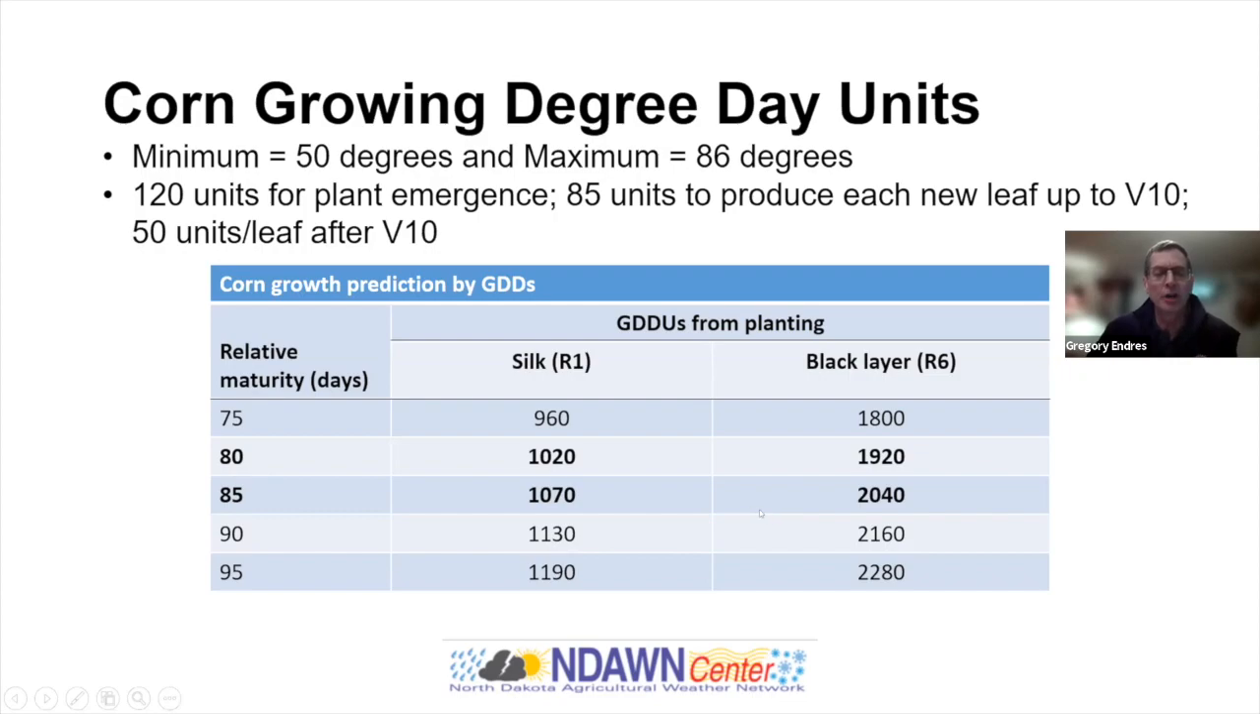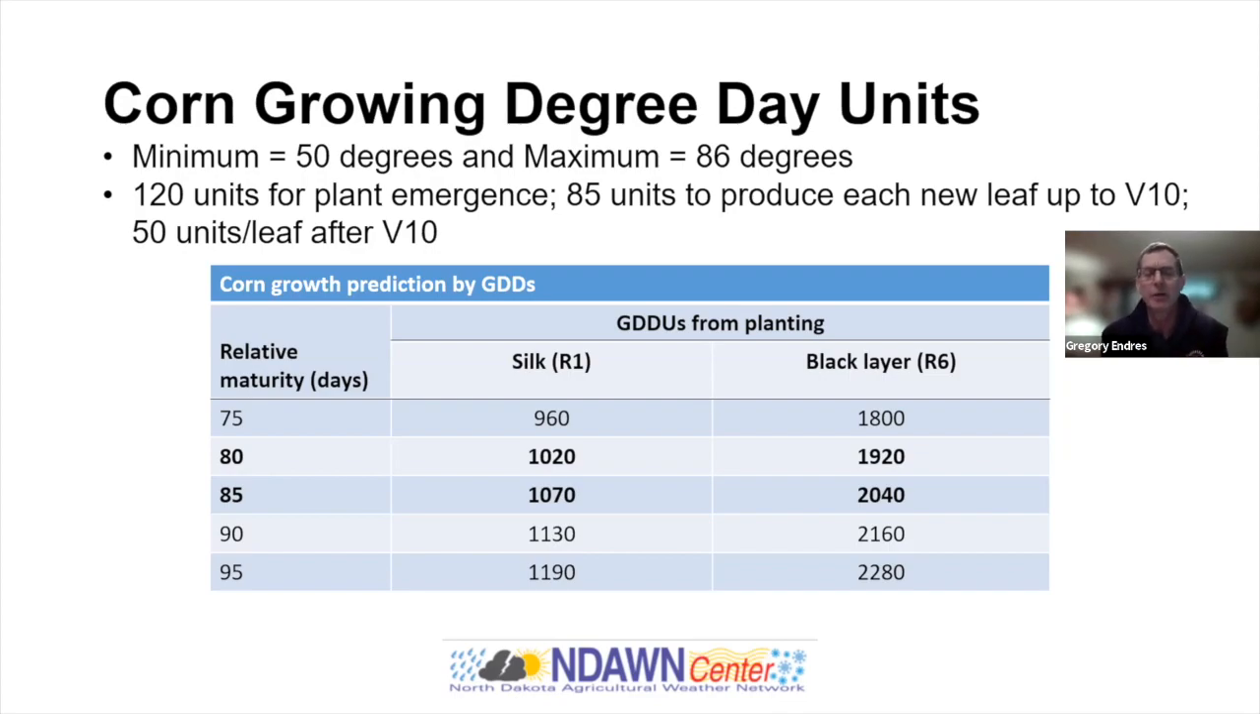And then a very simple chart that's displayed is based on relative maturities. Again, it's a rule of thumb, but most of you probably are growing 80 to 85 day corn. And so the numbers associated with silking and black layer are actually pretty simple. In other words, if you're growing 80 to 85 day corn, on average, it'll take about 1,000 units to reach